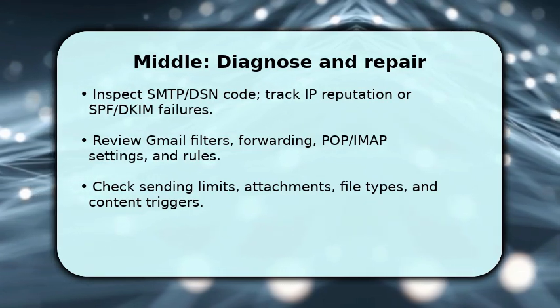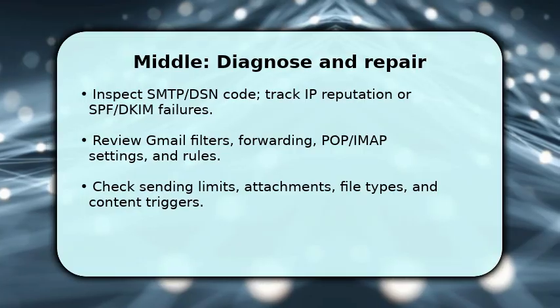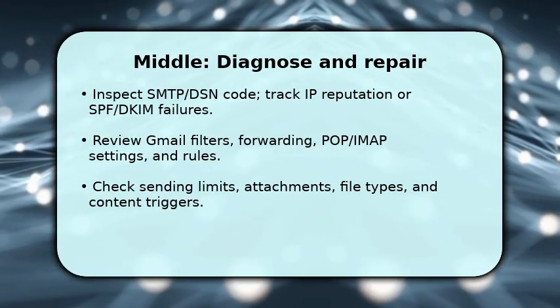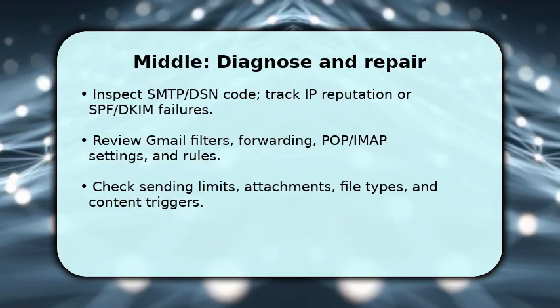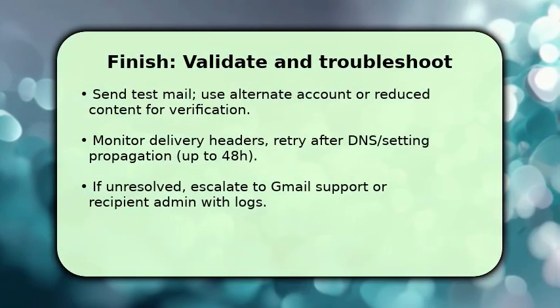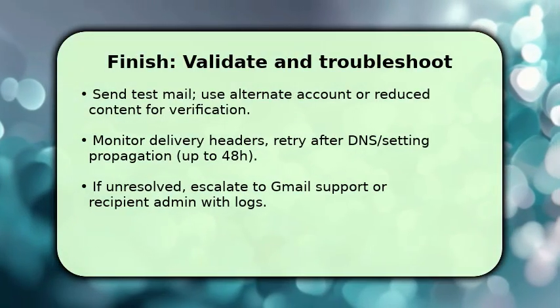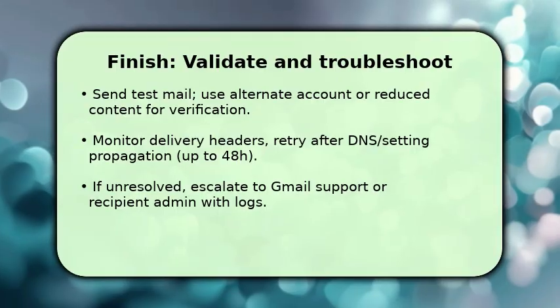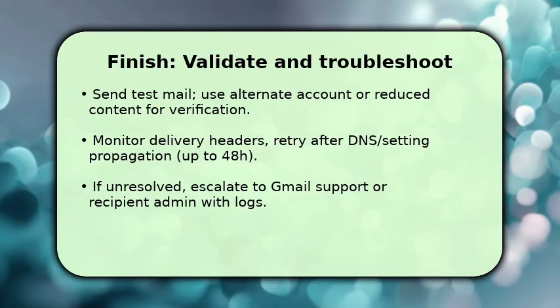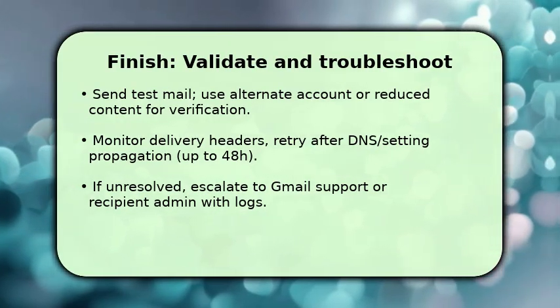Finish by validating your fixes. Send controlled test messages from the fixed account to the original recipient and to an alternate address. Simplify content and attachments to isolate causes. Make sure DNS changes and authentication propagate. Allow up to 48 hours, and then recheck headers for passing